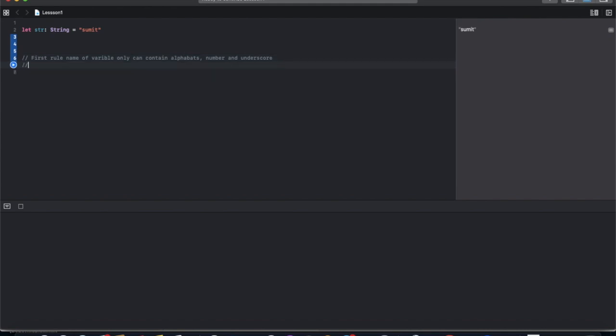Second, it can start only with alphabets and underscore.